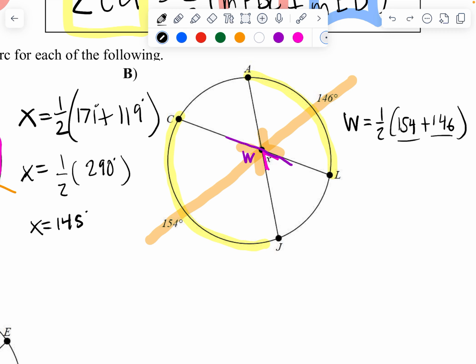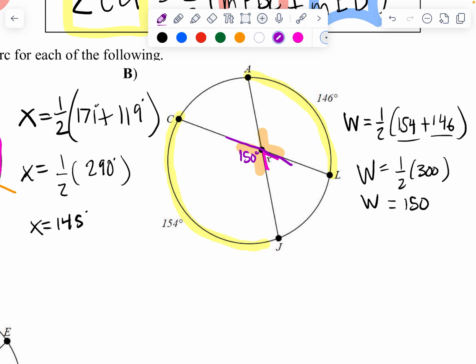146 plus 154 is the same thing as 154 plus 146. Something to keep in mind. So when we add those two together, we get 300. So 1/2 of 300 equals 150. So that means that W, right, is